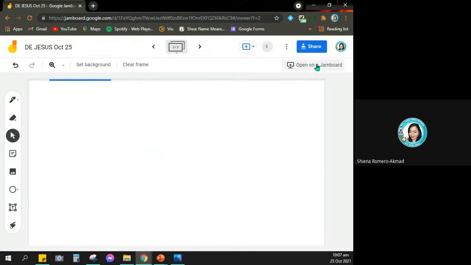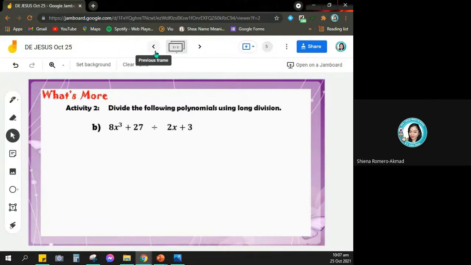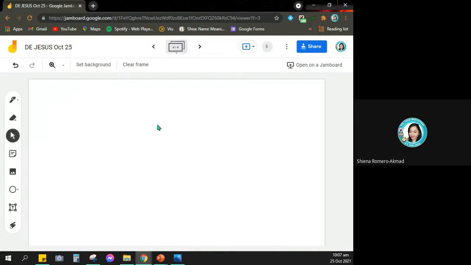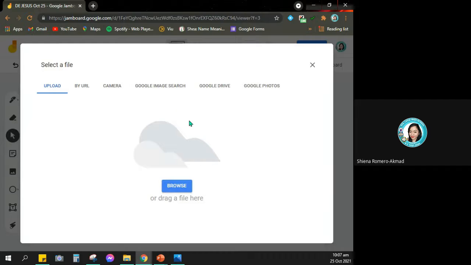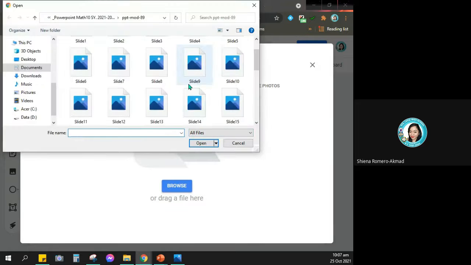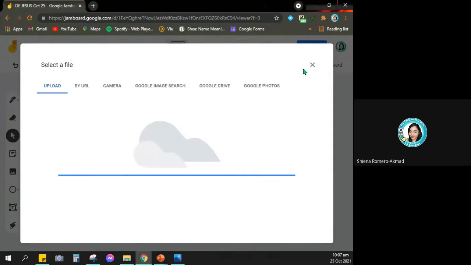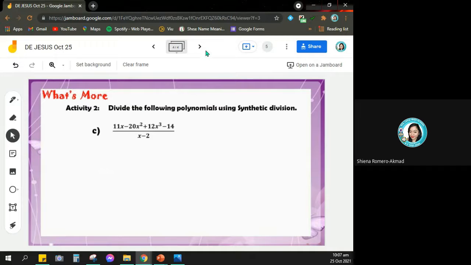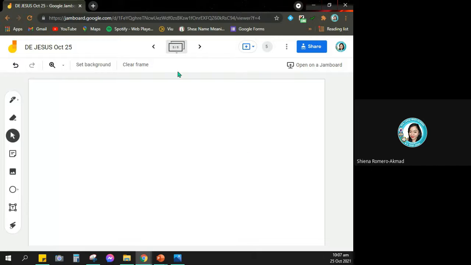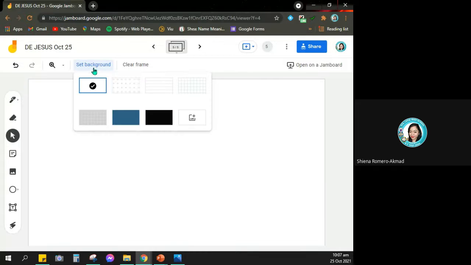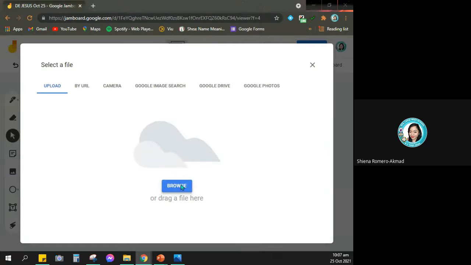O, pwede na magsagot. Kung nandiyan na kayo, yan. 14, 15, 16,